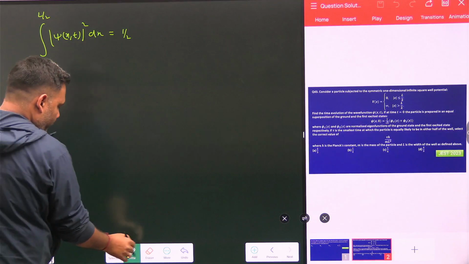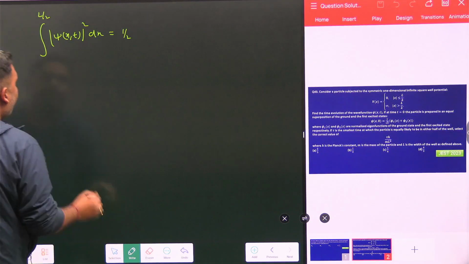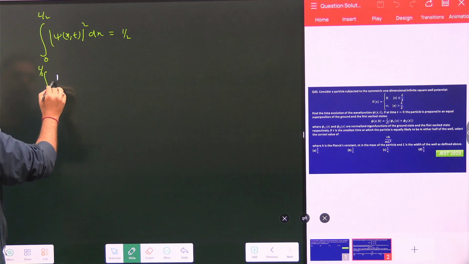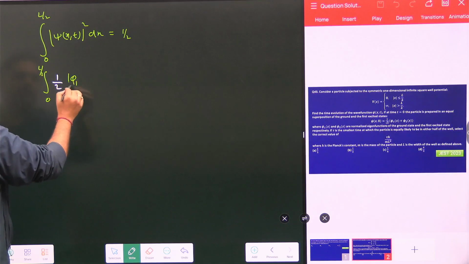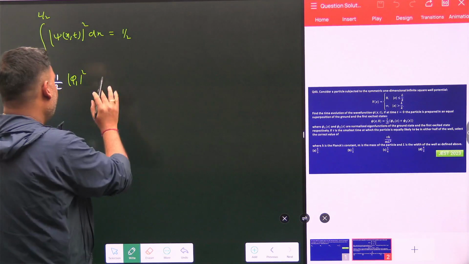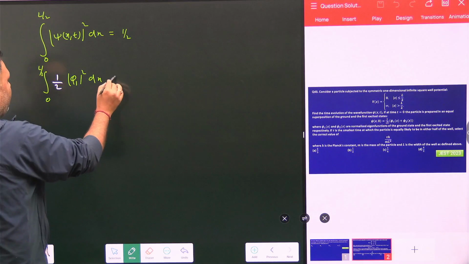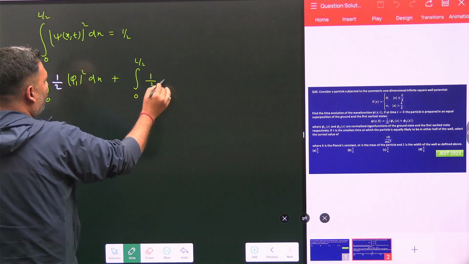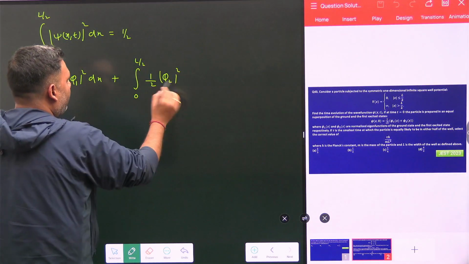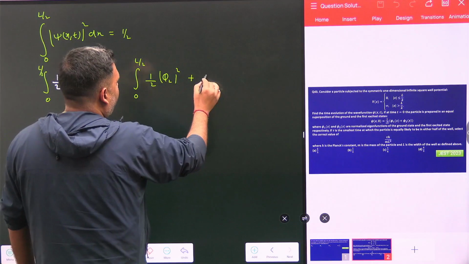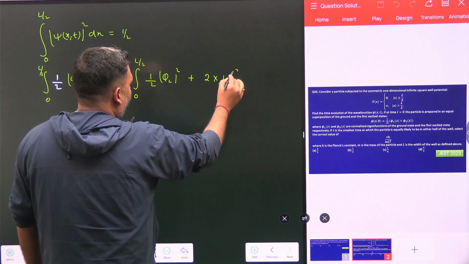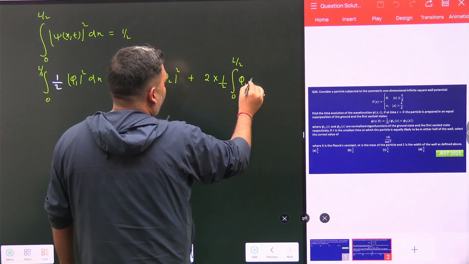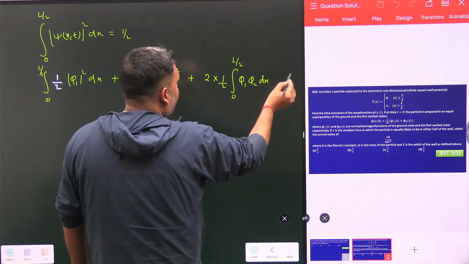So this value is basically the integral from 0 to L by 2 of 1 by 2 mod phi 1 square, and the time factor will be gone, dx is there. Another is the integral from 0 to L by 2 of 1 by 2 mod phi 2 square. And we have 2 into 1 by 2 times the integral from 0 to L by 2 of phi 1 phi 2 dx,